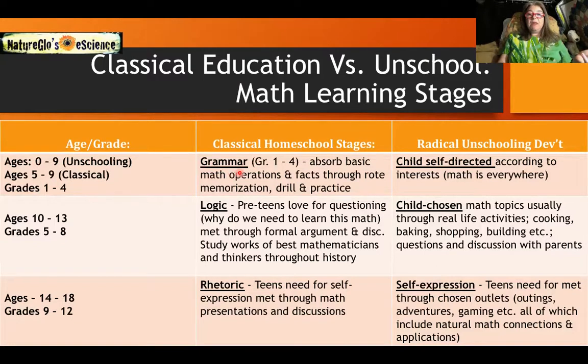Yeah. So let's talk about the grammar stage here with classical homeschool, grades 1 through 4. They absorb basic math operations and facts through rote memorization, drill, and practice. Versus radical unschooling development, the child is self-directed according to interests. Math is everywhere. For ages 10 to 13, typically grades 5 through 8, this is the logic stage here for